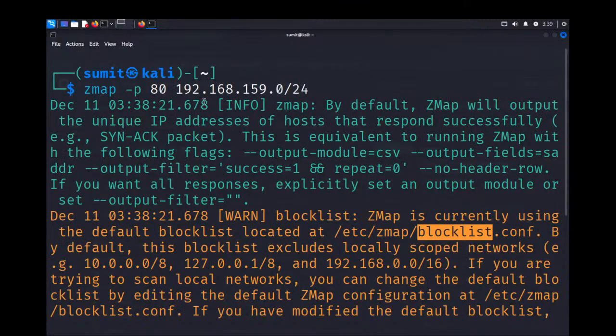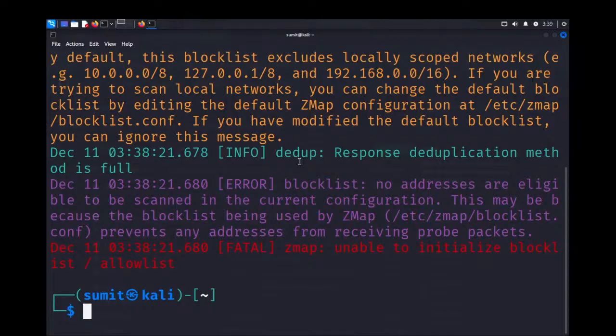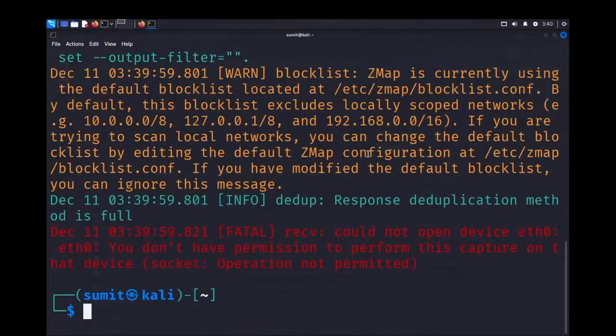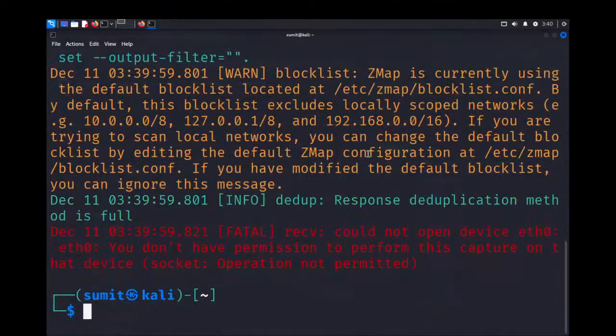I'm trying to provide a local network, so that's why the scan is not done. But if I provide a private network, suppose I provide it like this, then the scan, okay, what is now, let's first